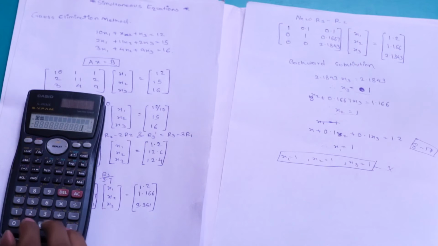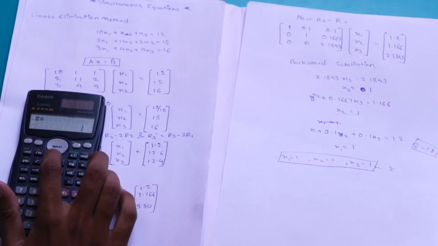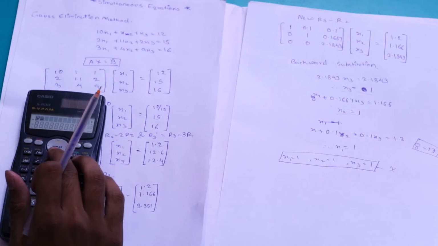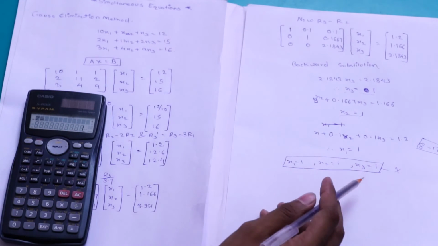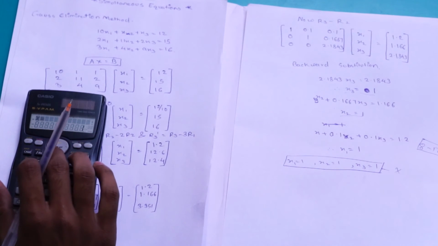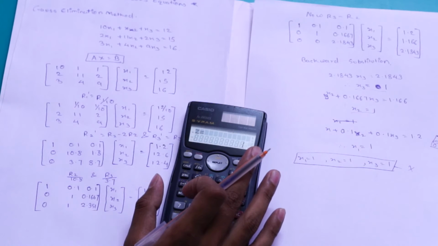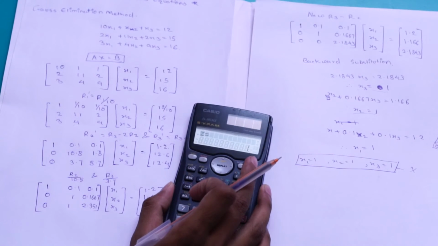So this is the final answer we have achieved, and we can cross check it. See that x means x1, y means x2, and z means x3. The answer is 111, and here we have achieved the same answer. As we cannot write it directly, the equation should be solved in a stepwise manner. So we can solve it in Calc 2.